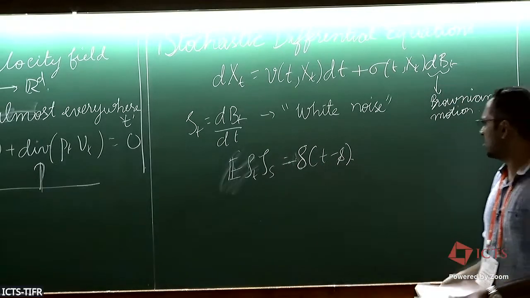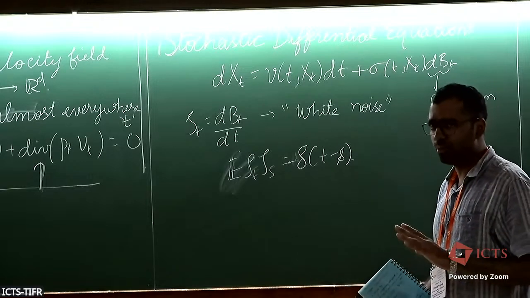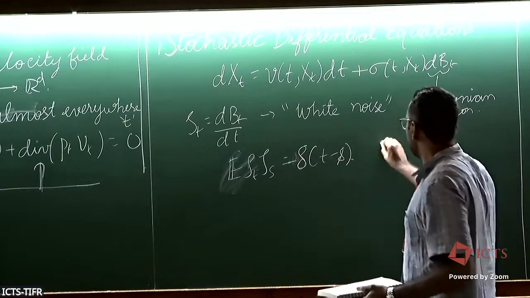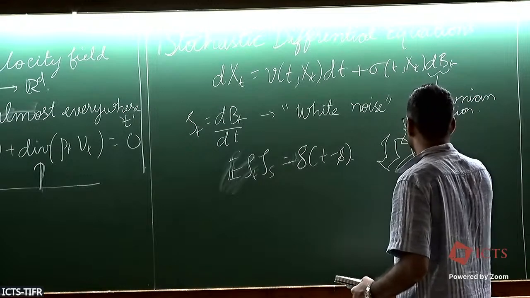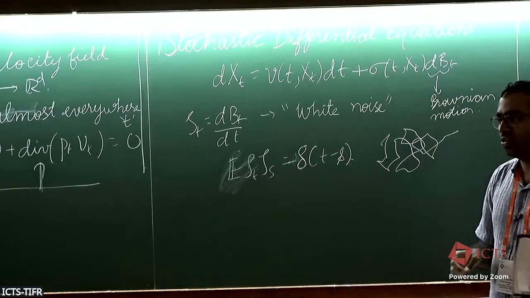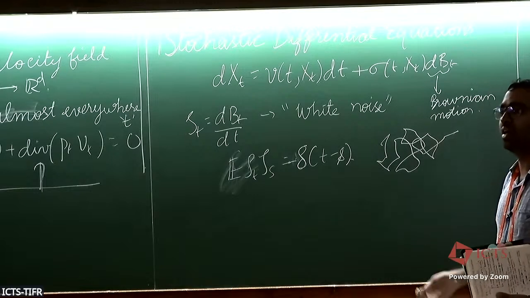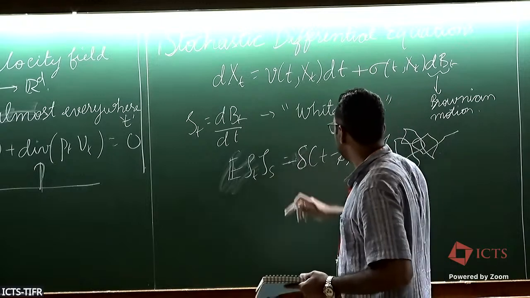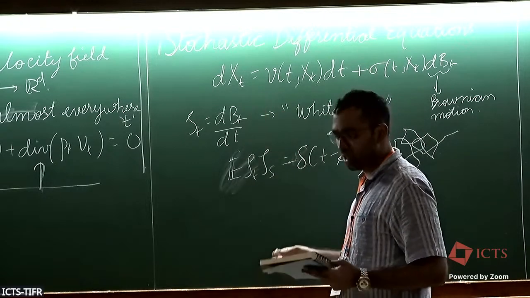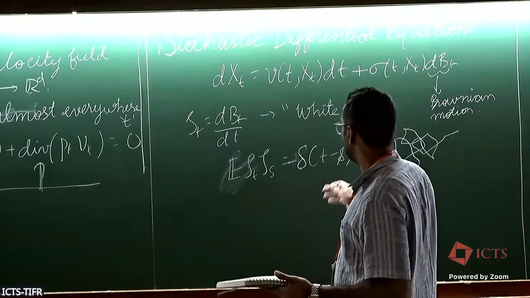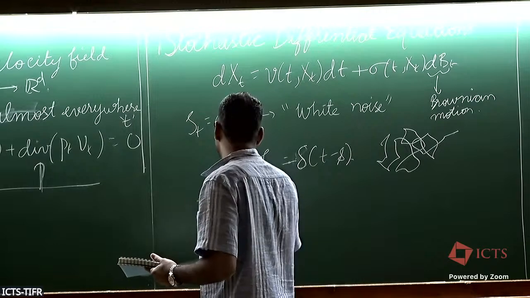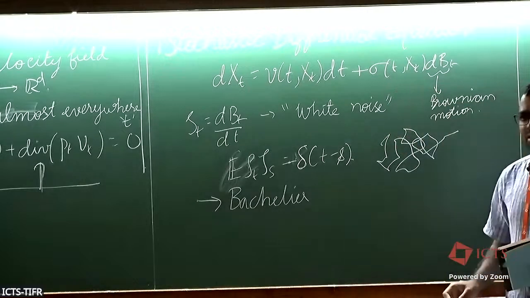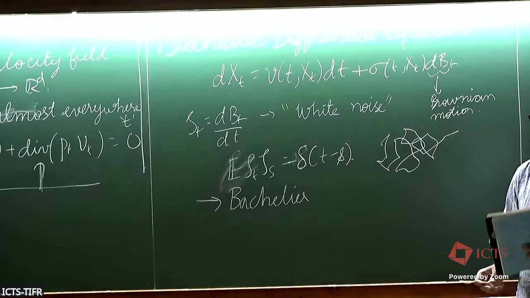This actually started off with Brown's observation on Brownian motion, where pollen particles move when you put them in a fluid, right? It has a path like this, which is very discontinuous. You cannot clearly see this as a solution of an ODE, but it has some randomness in it, which cannot be modeled very easily at the molecular level. So they wanted to model this, and they added this kind of white noise and tried to understand what it means to solve it. And then it was a person called Bachelier, I think in the 1910s, who came up with it. Yeah, before 1910.